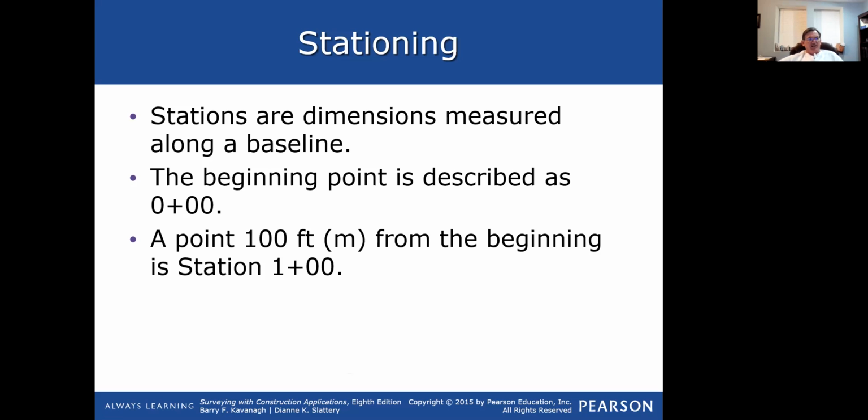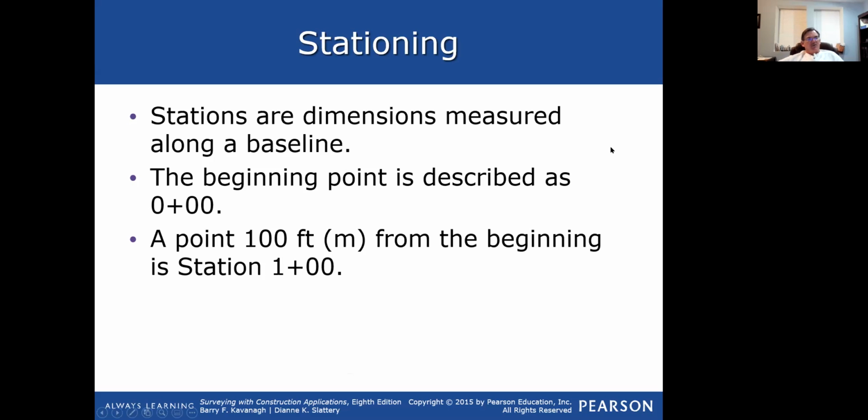Old sites used to have a baseline for construction, and everything would be tied with a station and an offset from that baseline. That's no longer done, no longer designed that way. However, roads and transmission lines are. If you were to head to school, to the La Plata campus, say you're going to get on 301 someplace, and then you're going to turn on Route 6, or you're going to turn on